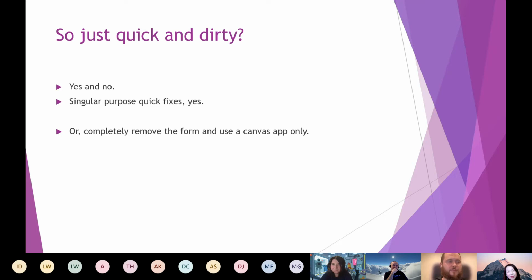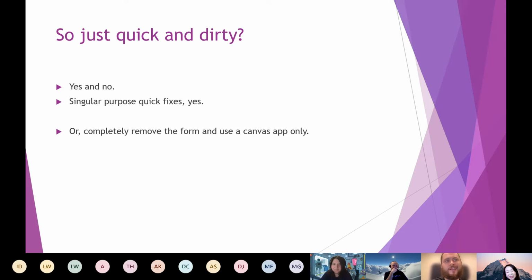So I could potentially be described as a glorified super user. I fit that bill of potentially one day being the kind of person at an organization who doesn't have a lot of money, and it's up to me to solve everything, and the Canvas app would be my tool. And I believe you'll be able to get 95, maybe even 98% of these things done with Canvas apps. It's just there'll be some considerations that come with it.